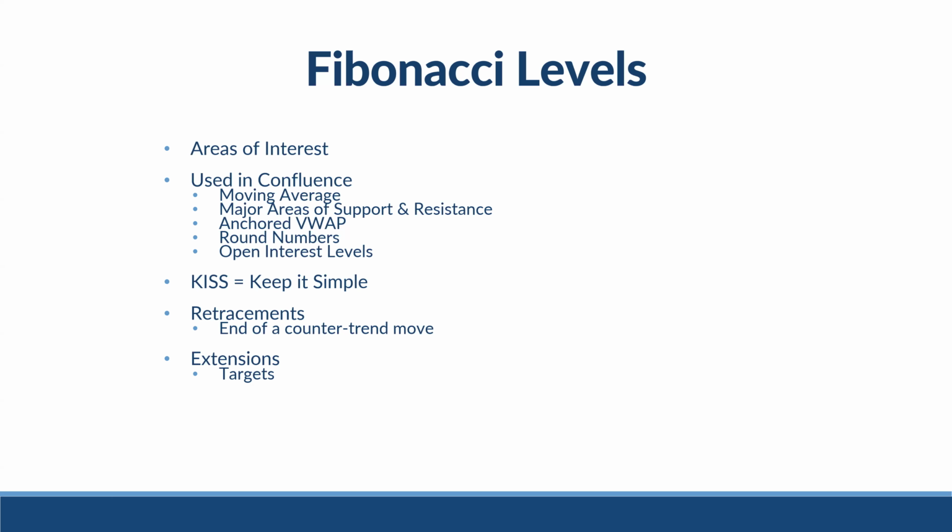We use retracements to find an area of interest of a counter-trend move from a larger up or down trend. So that is how we use these retracements. And extensions, we really look for those for targets on the upside or downside where price could move towards. Fibs really can be used on any asset class. It really doesn't matter: stocks, ETFs, indices, currencies, futures, crypto,